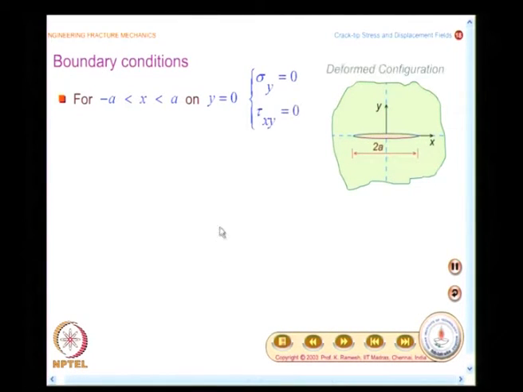Then we move on to defining the problem. We have to look at the boundary conditions, and I had mentioned for visualization purpose, you see the crack faces opening as an ellipse, and I also said there is a close link between ellipse and crack problem. Once we develop the displacement field equations, we would go and find out how the crack faces open up mathematically, and we will also see what kind of curve we are going to get.